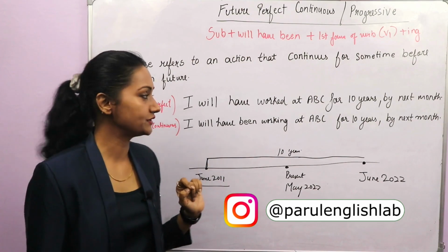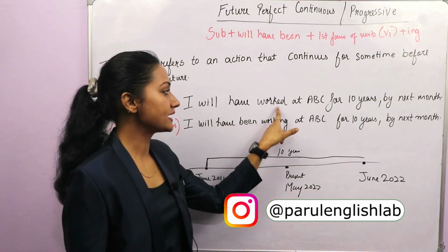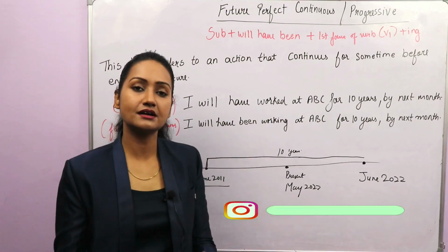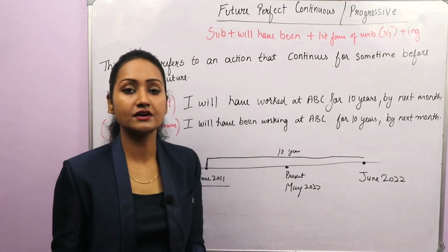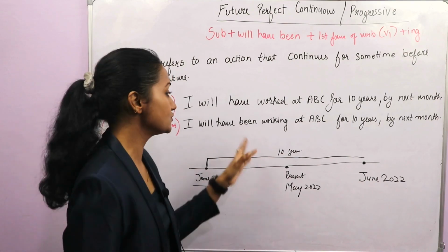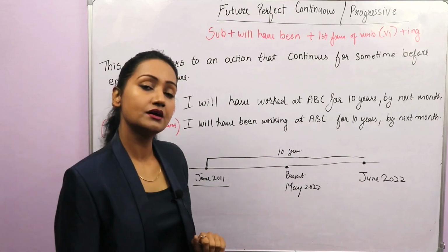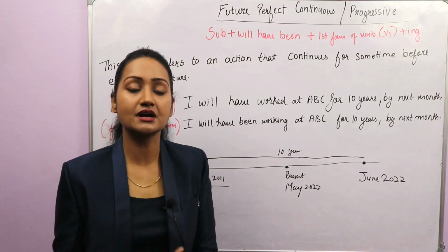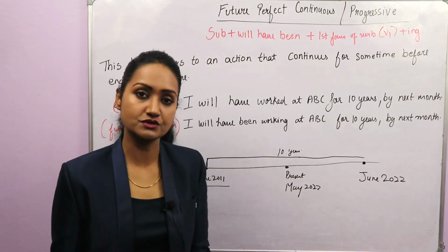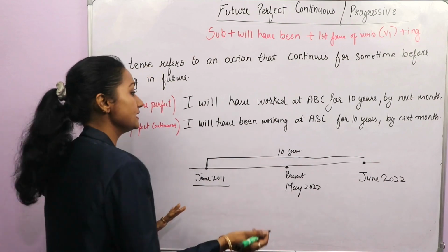Now understand one more thing. Work over here, the action is work. So this is an action verb, a dynamic verb. But what if you have a stative verb? Then in that case, you cannot frame a sentence in future perfect continuous, because we very well know that stative verbs can't be used in continuous forms. So for example, if you have to say that